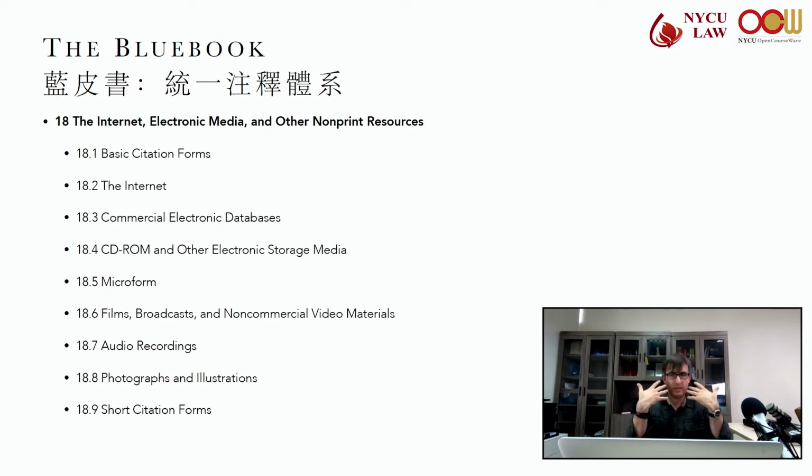So if the information is available in a traditional source, but it's obscure or basically unavailable, or if it would just help the user to have a parallel citation to the internet or electronic source. Then we make the citation to the traditional source and to the internet source by including the URL to the end of the citation.